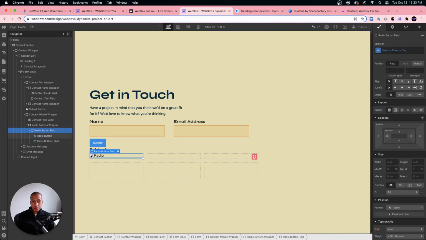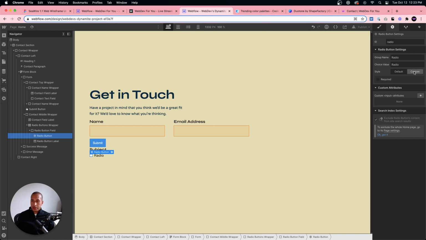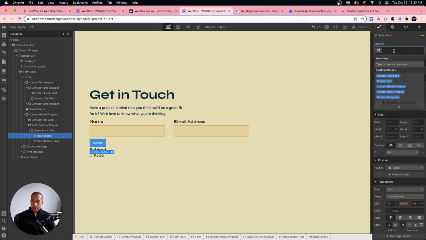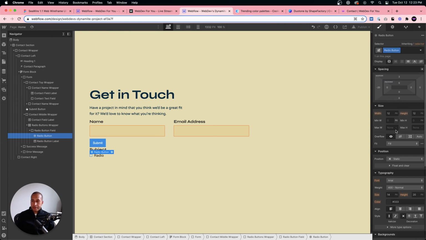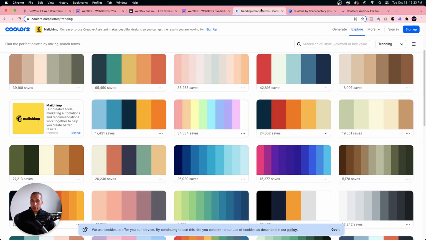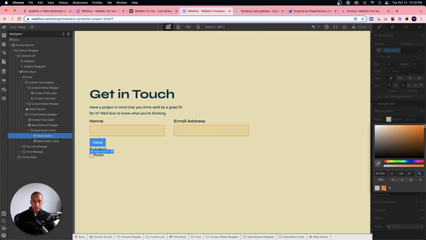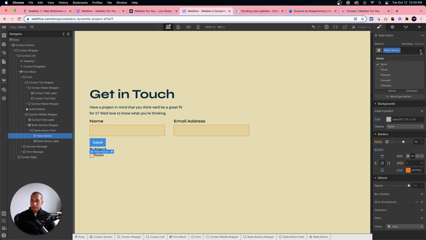Okay. And then for the radio button, we'll select this radio button here. We'll go to element settings, and we'll set the style to custom. And I'll just give this the class name radio button, and I'll make the size 20 by 20. Give it the border of, let's see, this orange color to match the styling of the text fields. So we'll enter that in there. And then for the background, we'll also do that color, but I'll set the opacity to 10 for the alpha. And then when it's checked, we'll change this color to orange as well. And that's fine. We'll just leave it like that. So it's just a border indicating that it's checked.